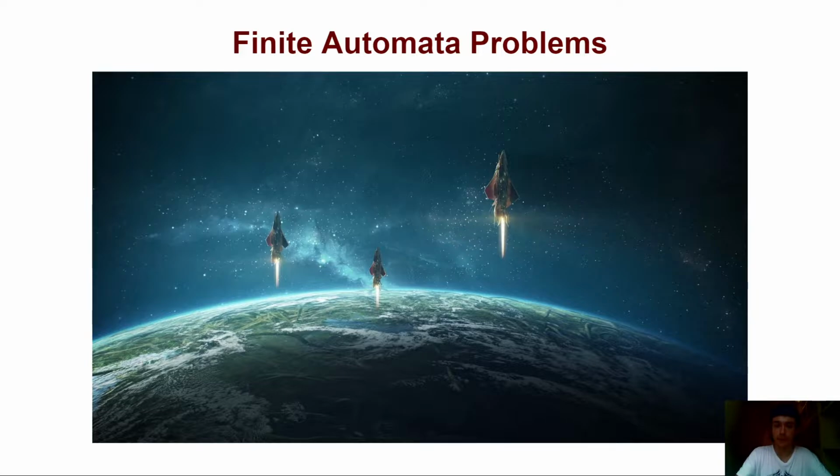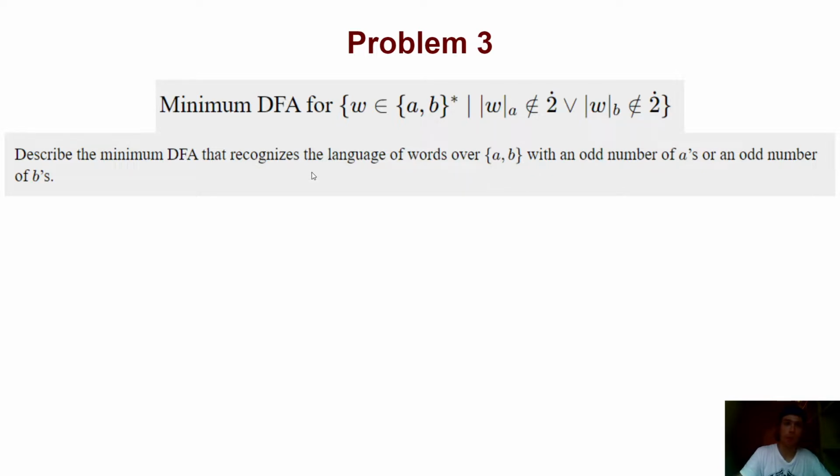Hi everyone, in this class we will solve problem 3 of the collection of problems about finite automata. In this problem 3, we are asked to describe the minimum deterministic finite automaton that accepts all the words over the alphabet A and B that have an odd number of A's or an odd number of B's. So it is enough that one of these conditions is satisfied, and our word is going to be valid,